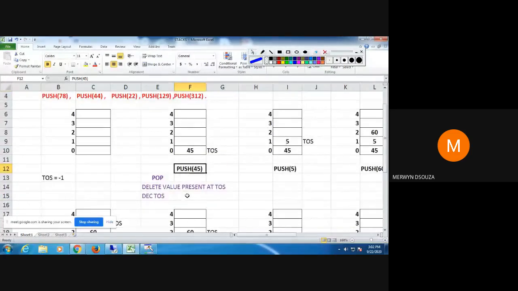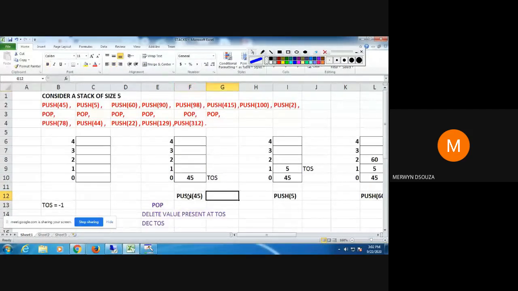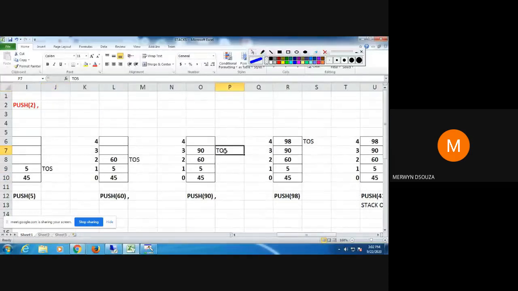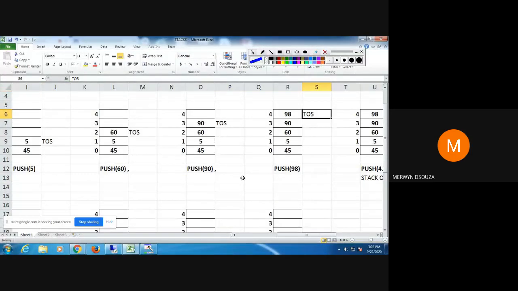The common mistake that you make, and for which you lose marks, is this: for example, here push 45. You will insert the value correctly, but you will not show the variable top of the stack. Showing that variable is important. You can show it on this side, that it is present at 0, or you can show it on the other side, but it has to be shown either here or there. The moment you forget to show this variable, you are not doing one of the 2 steps of push, and then your marks will be cut.